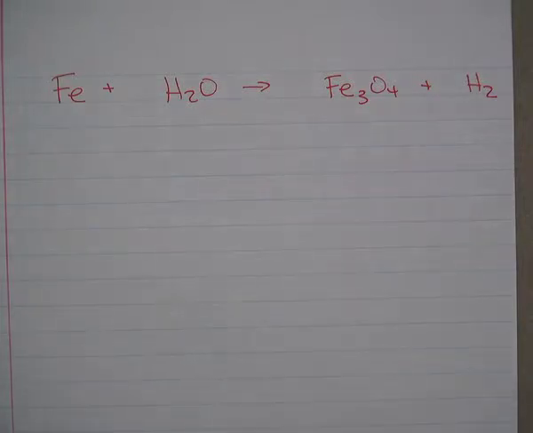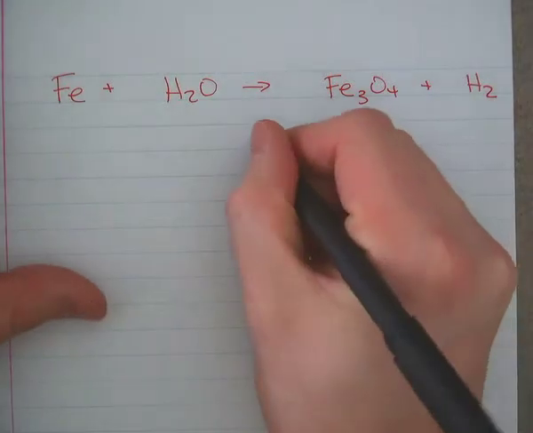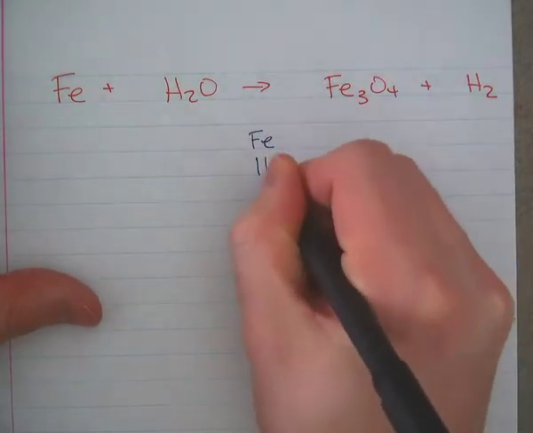Guys and girls, this is another example of balancing an equation. This equation is a little more complicated than the first one, but we can use the same strategies that we used for the first equation to make this one balance as well. So like the first equation, I'm going to set up a table underneath my arrow,